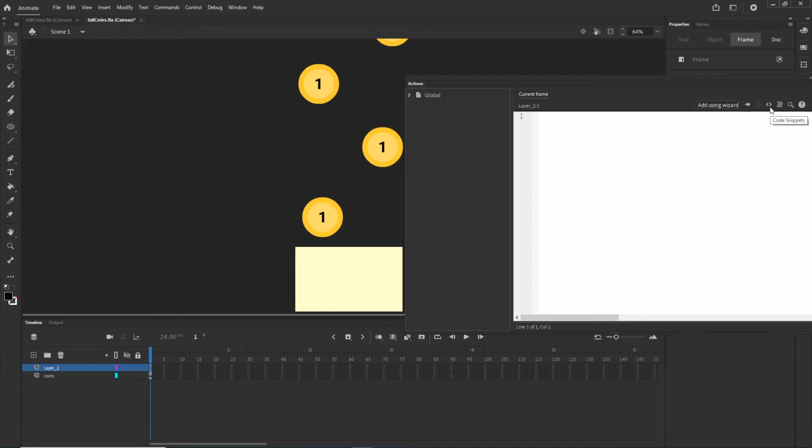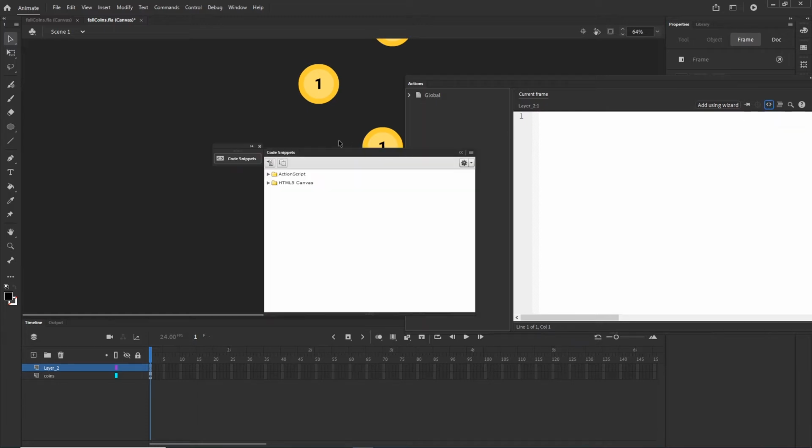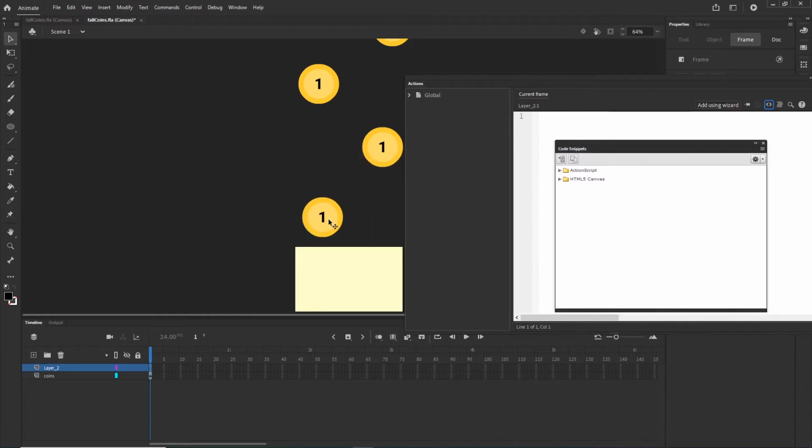Okay, so I can click on this code snippet, and it is not going to be working yet because I will have to select my artwork, but I just want to show you. If you click on the code snippet, you are going to have the option to go with ActionScript or with HTML5 canvas. I would like to go with HTML5 canvas. There are a bunch of options, and one of the options is animation. So I will open the animation, and there are again a bunch of options, and one of them is animate horizontally and animate vertically. You can go with whichever of these, but I would like to go with animate vertically, so